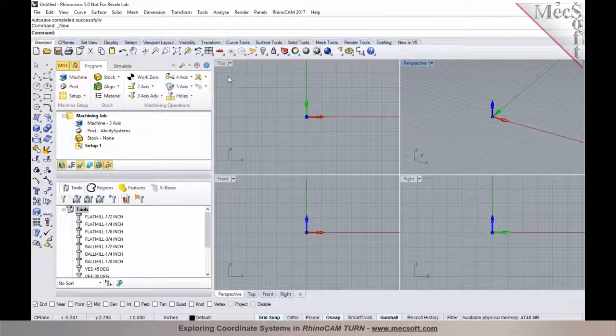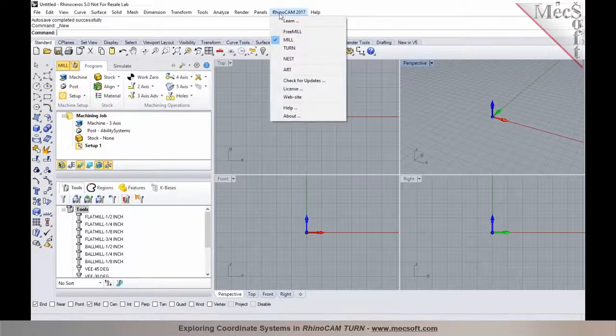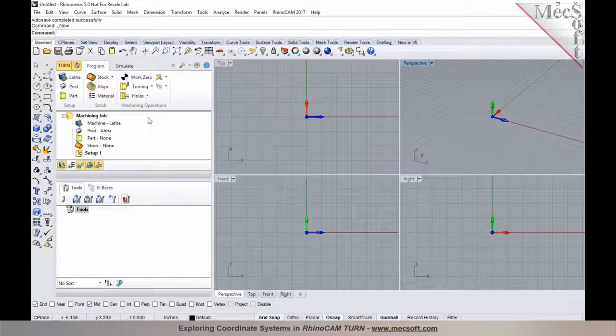To switch from our mill module to turn module, you can just select the mill button on the machining browser, or you can go up to RhinoCAM and select turn. That'll switch the interface from milling to turning. And when you switch the interface to turning, and the turn browser is displayed, you will notice that the